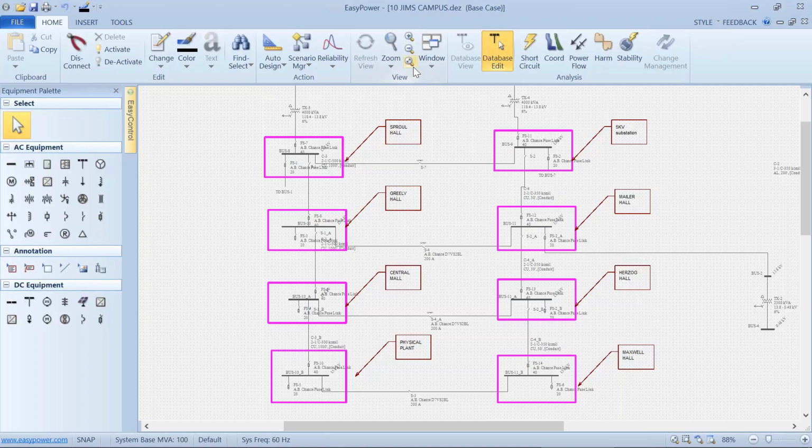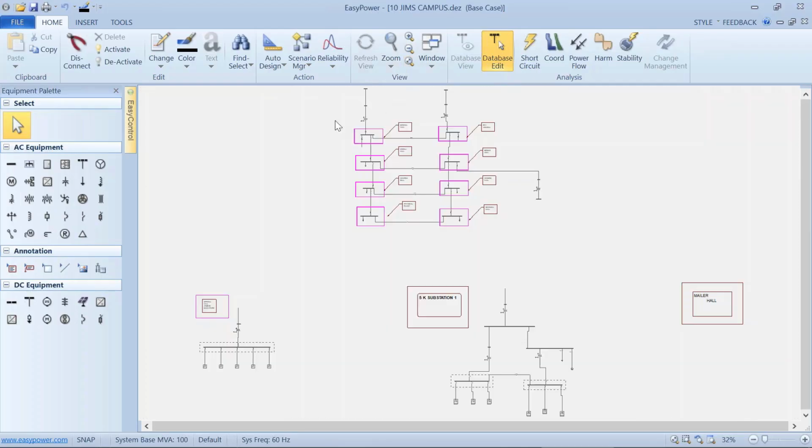Now, how this pertains to EasyPower and in the scheme that was evolved over time is the fact that if we want everything on the one-line diagram, and we do, then we have to have everything on the same page, if you will, in EasyPower. But the originator of this scheme envisioned frames for each that he'd locate each building as he fleshed it out